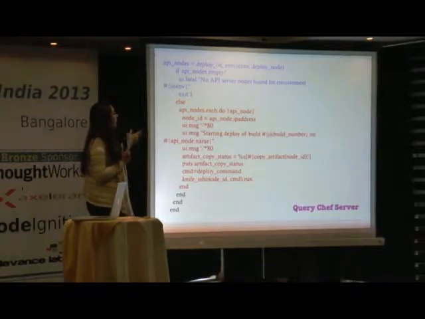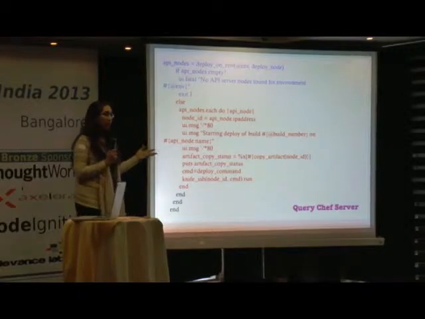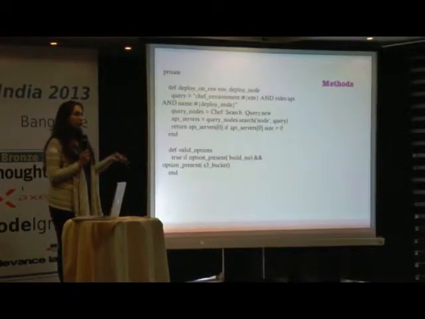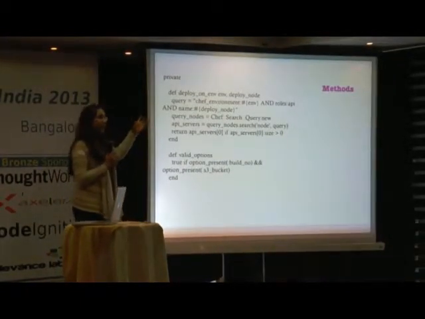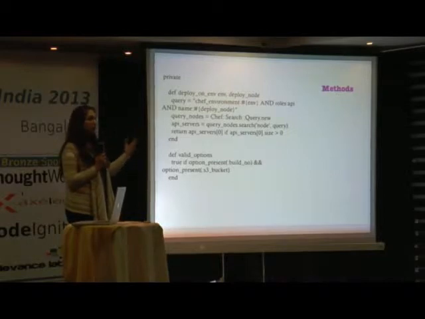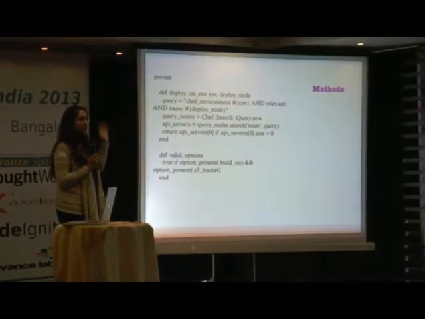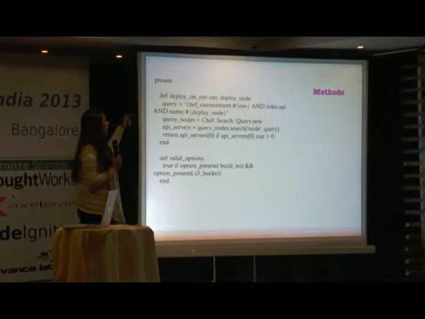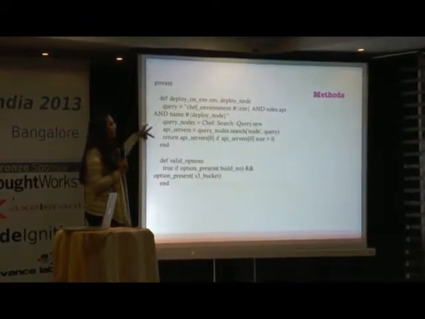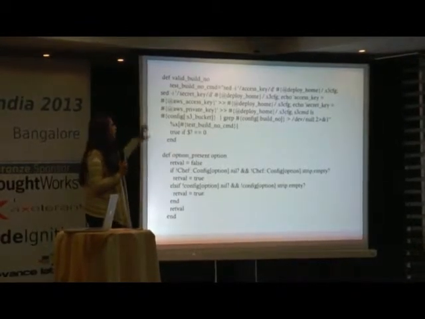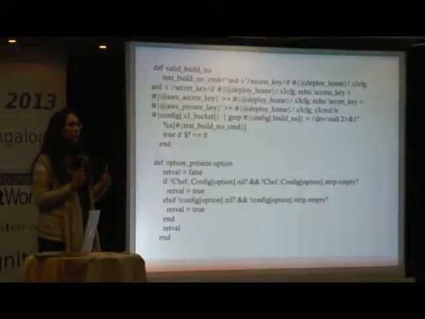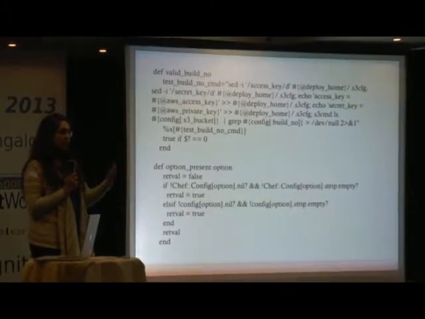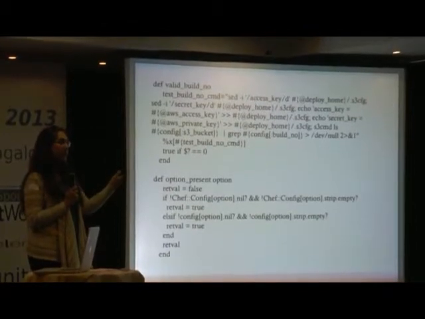The third thing that we do is, now that your build is correct and your options are valid, you want to deploy, so you query the Chef server for nodes. That query is either a node name you give, or if there is no node name mentioned, it will basically deploy to all the nodes. We write private methods, basically modularize everything. The private methods include ones that query the Chef server, report back whatever nodes have API roles attached to them, and then deploy to them.